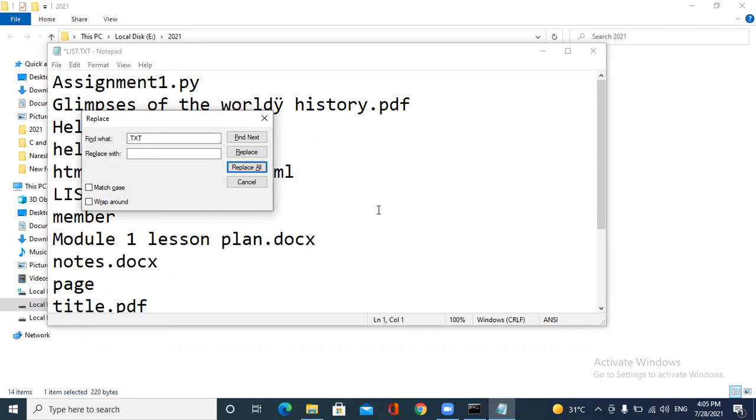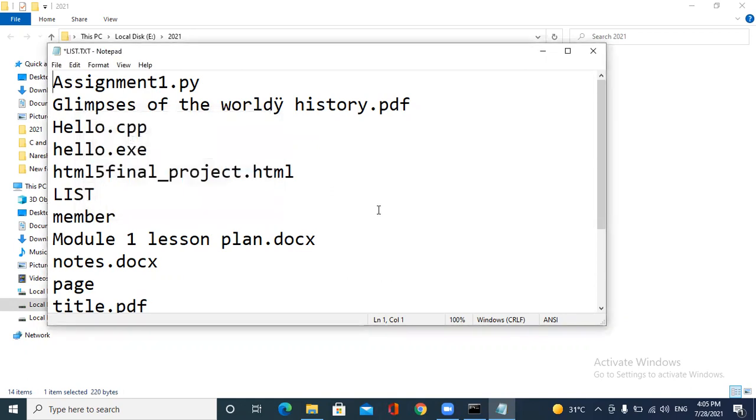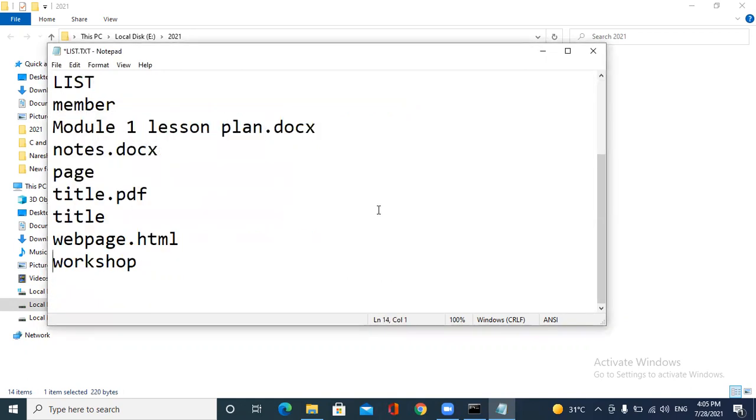Replaced all occurrences of text. See, now it is just workshop instead of workshop.txt. Instead of title.txt, it is just title. So we can replace those extensions and give it to our boss. See how simple our job is.